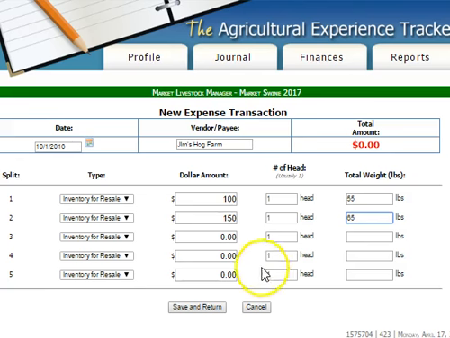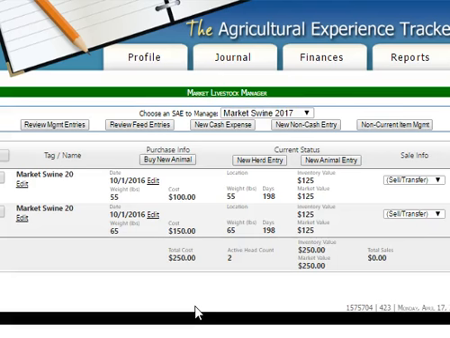You can see in review that I bought these two pigs on October 1st, 2016. The vendor that I bought them from is Jim's Hog Farm. They're inventory for resale because I'm going to have them for a fairly short period of time and I'm going to resell them. The dollar amount is $100 and it's one head and 55 pounds, and then the second pig is $150 for one head and 65 pounds, and obviously you will put your own information in for your own pigs. The next thing that I choose is Save and Return,